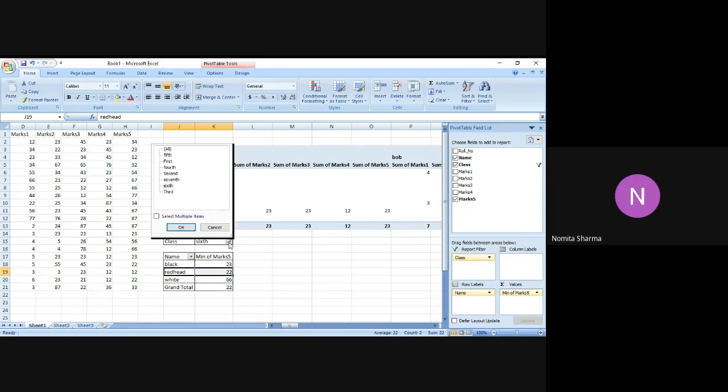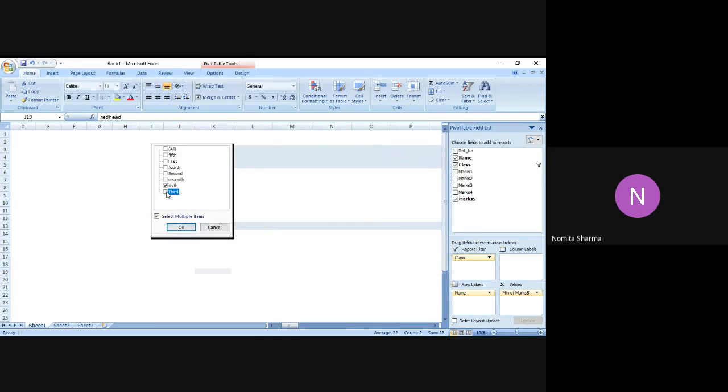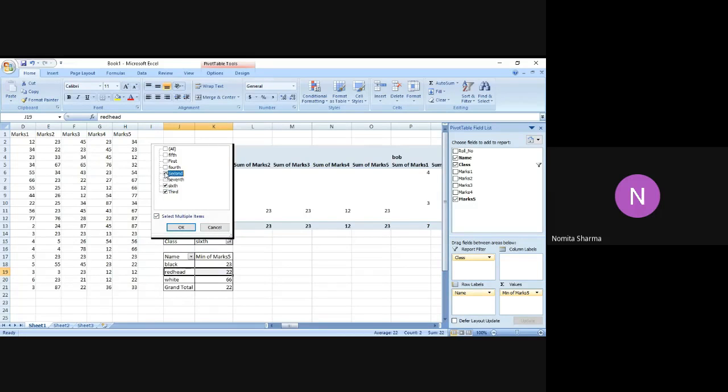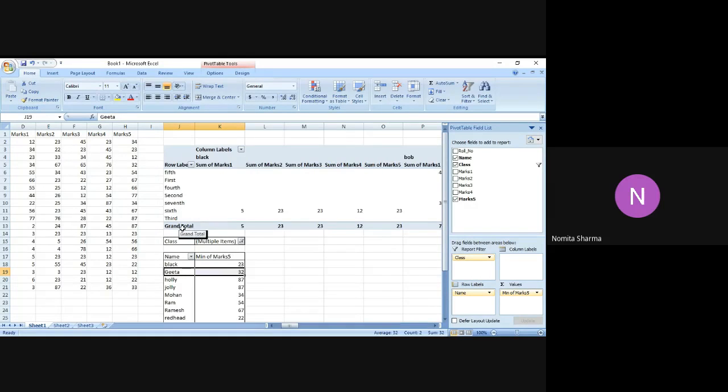In a similar manner, I can also make multiple choices. Earlier it was just one choice, but if I want multiple items in my filter, I can choose 6th, 3rd, 4th, and accordingly I can click okay, and this will give me the names of all those people as per my filter criteria.